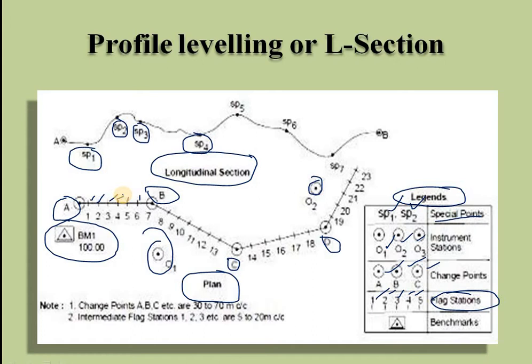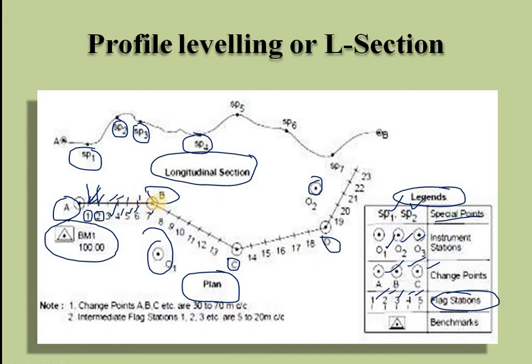So these flag stations are nothing but when we keep the leveling staff here, we will take a reading on this point, that is known as number 1. Then for reference we will keep an arrow point or any flag symbol or any stone symbol on this point to remember the level of the ground. And again on the second point we will keep the leveling staff, and we will be taking from point A or point B for the reference. We will be getting the level, and we will keep an arrow mark or any flag symbol for the reference point. So like this we will be doing 3, 4, 5, 6 up to 7.